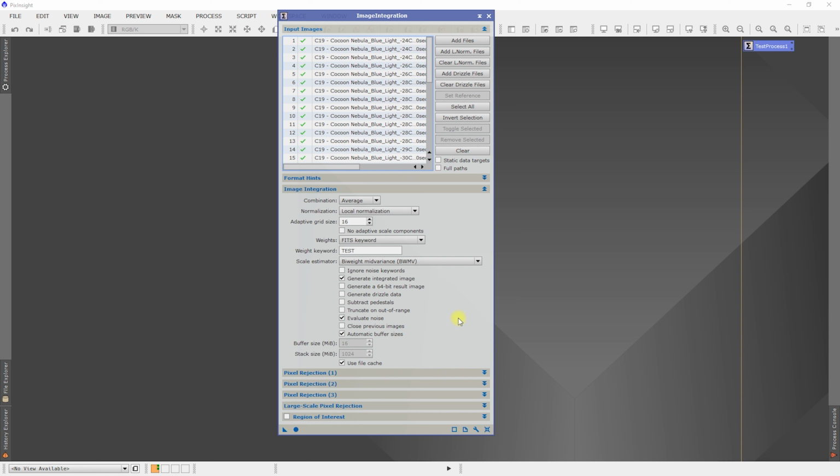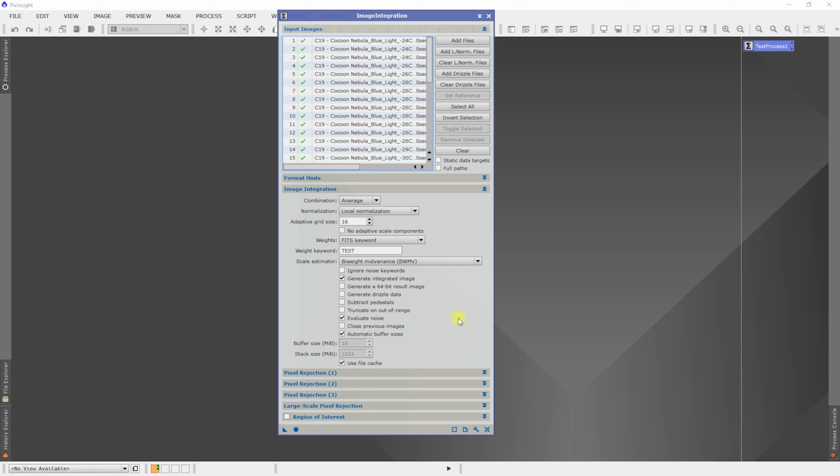That way we don't have to worry about setting all of these different variables every single time, especially when we're working with mono data. We've got 4 filters and they're all identical as far as